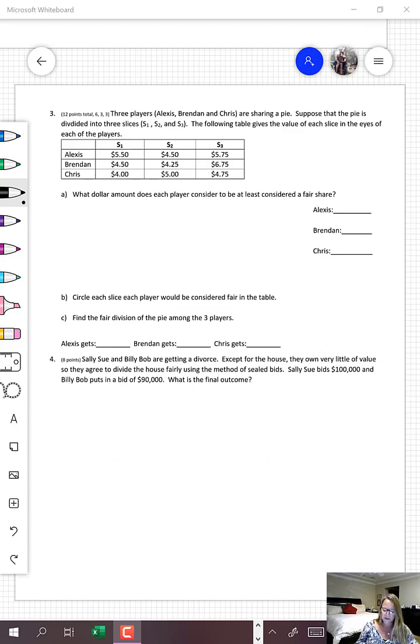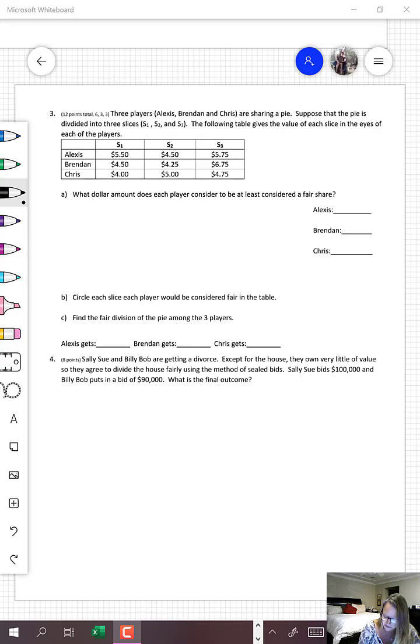Question number 3 says 3 players, Alexis, Brendan, and Chris, are sharing a pie. Suppose that the pie is divided into 3 slices, S of 1, S of 2, and S of 3. The following table gives you the values of each slice in the eyes of each player. And so Alexis views that the first slice is worth $5.50, the second slice is worth $4.50, and the third slice is worth